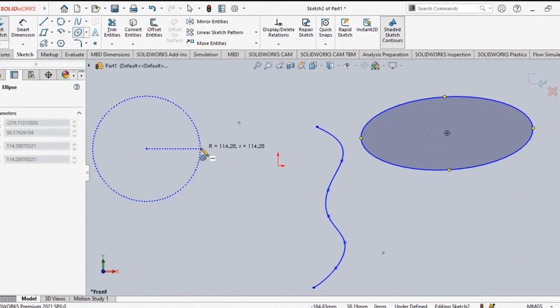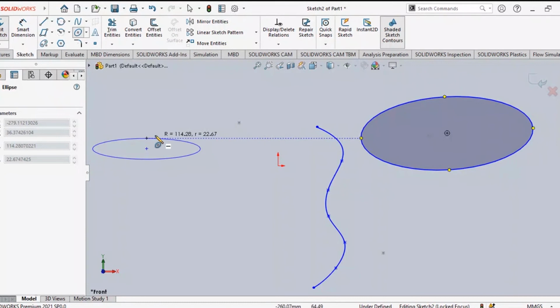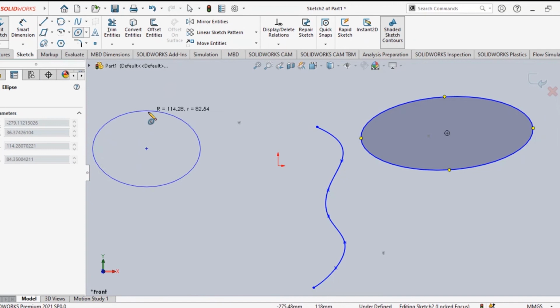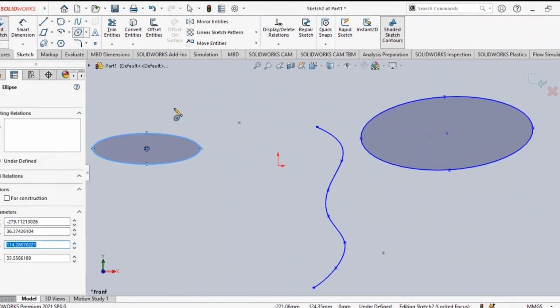First one you have to draw your major axis, right? Major axis in the left right hand side you see. If you click here, that will be semi-major axis. Now you have to move up. That will be your minor axis. If you move it up, that will be your major axis, right? Major or minor you can make like this way. This is the ellipse. Different options are available, but we don't want that much.